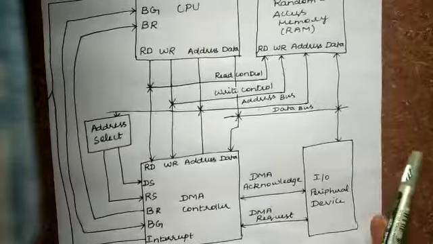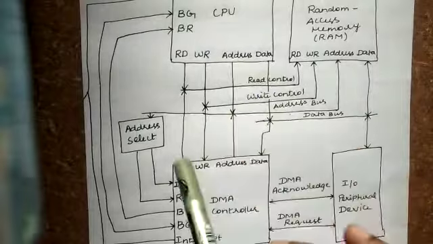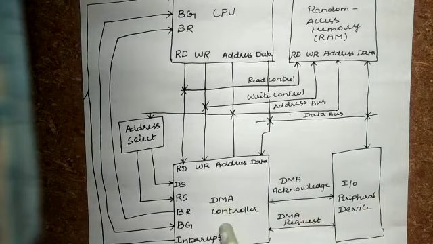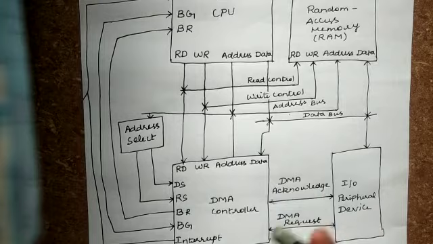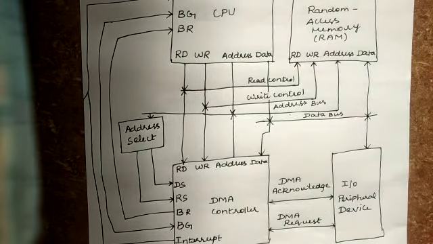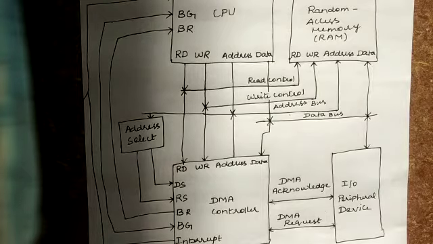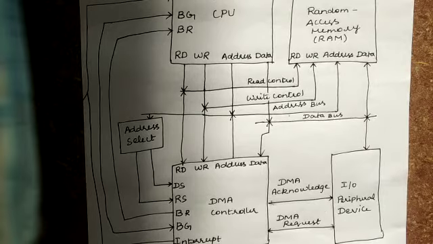So the data is transferred from the external devices to the memory without the intervention of the CPU. That is the main advantage of this DMA controller, and it also increases the efficiency of data transfer by reducing the transfer time. Suppose you are transferring a bulk amount of data from a secondary memory such as a magnetic disk or even a magnetic tape. In that case, we can reduce the transfer time with the help of this DMA